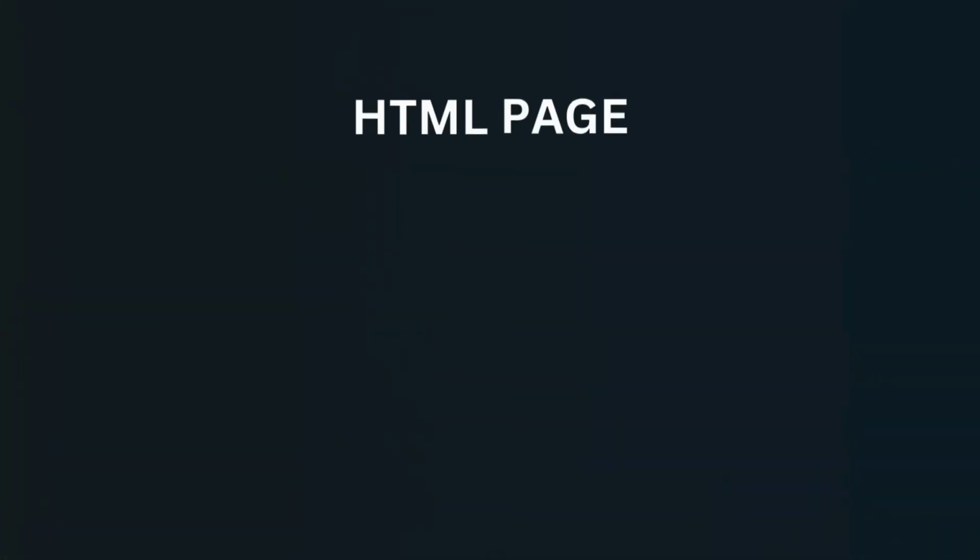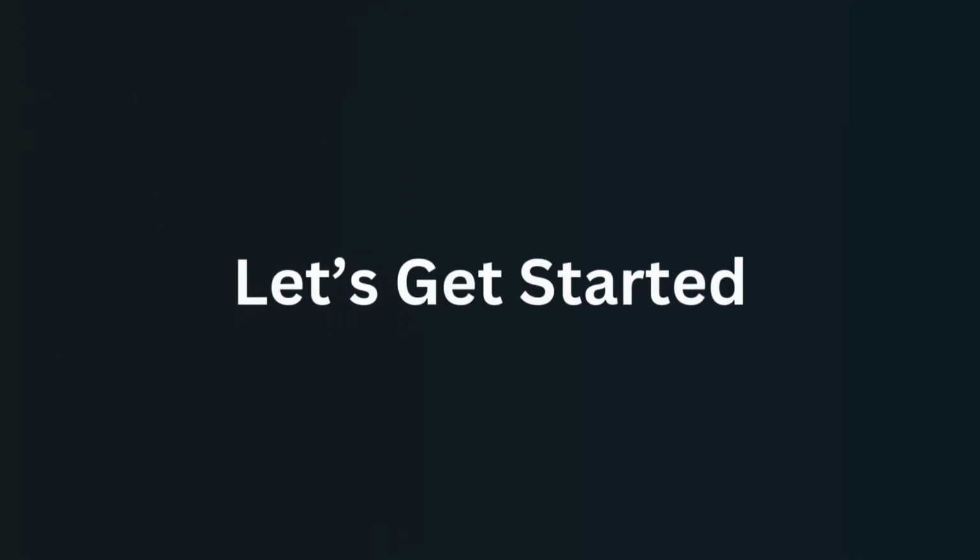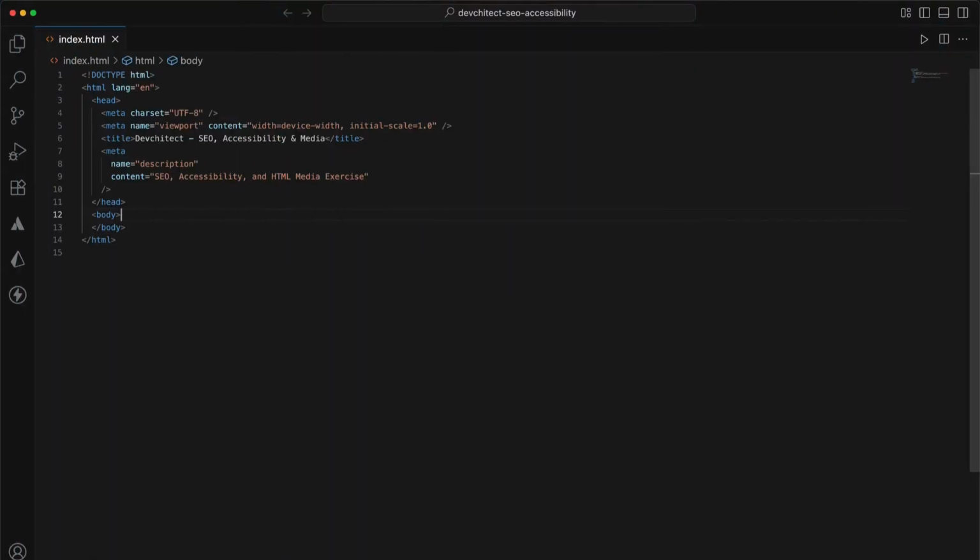We'll build a single HTML page with images, video, and an embedded YouTube iframe. And we'll style it using some basic CSS. Let's get started. So as you can see, it's a basic HTML. In the last video, we learned about basic HTML, so I'll skip on to the basic HTML. If you want to know more, then you can check out my video on HTML. I have added it in the description below. We're going to use a dummy image, dummy video, and an iframe of YouTube for our HTML video.